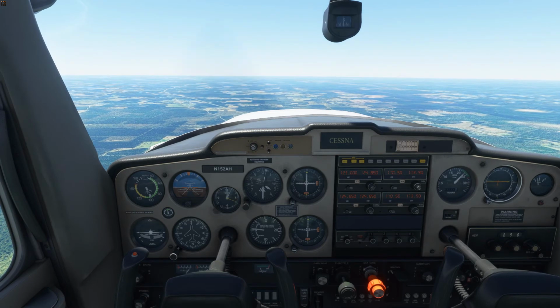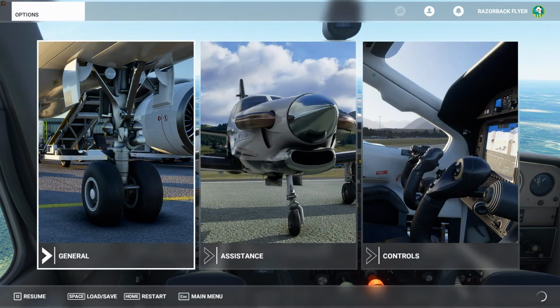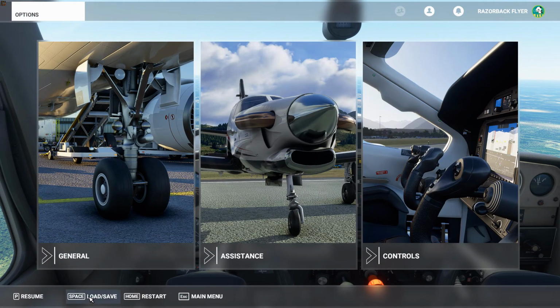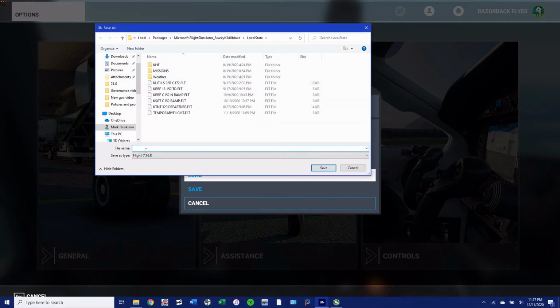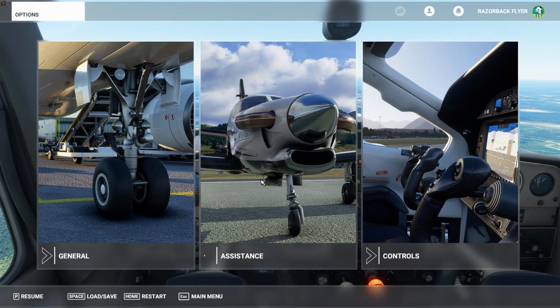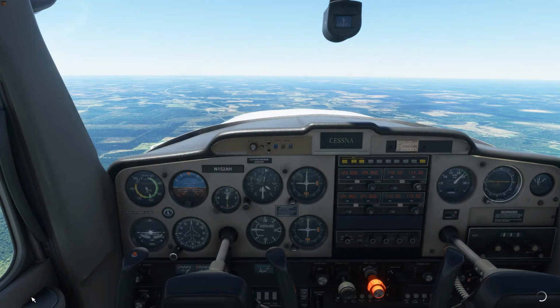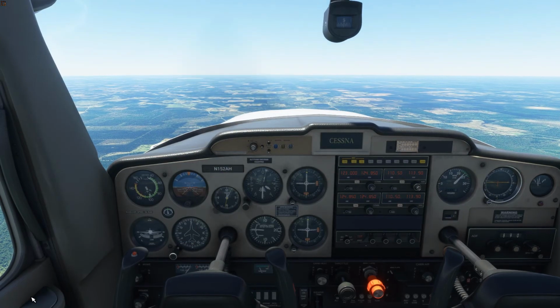So once you're all stabilized, go ahead and hit your P key to pause. Go down to the load save option down there, and go to save. And then it'll bring up the folders that your saved flights are in. And I'm going to call this one Alpha Hotel C152 Airwork. And that'll save that flight so that anytime we want to go out and do air work,